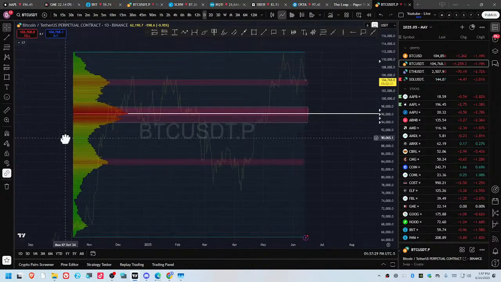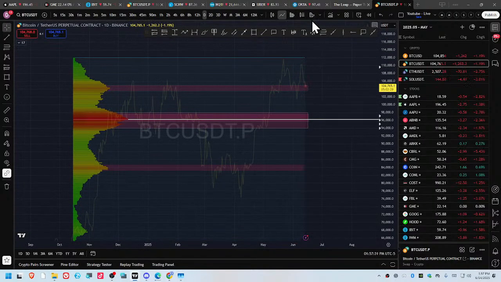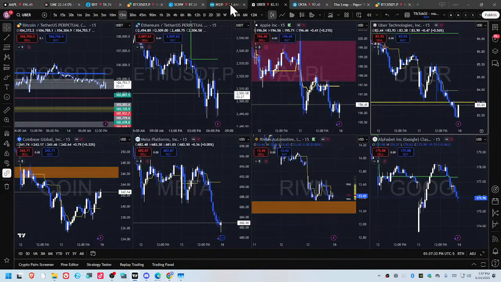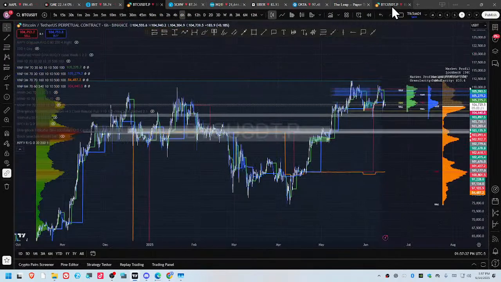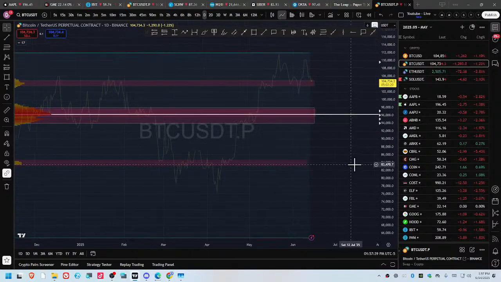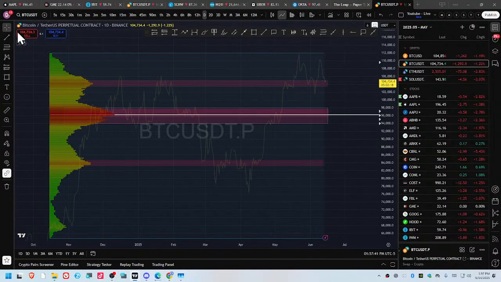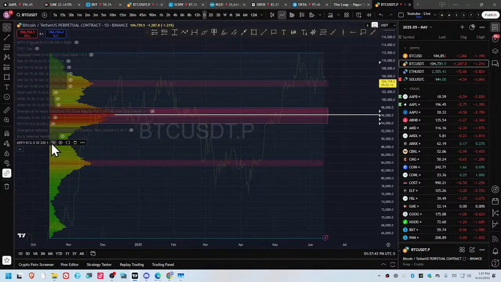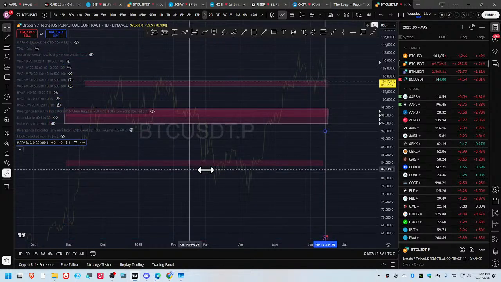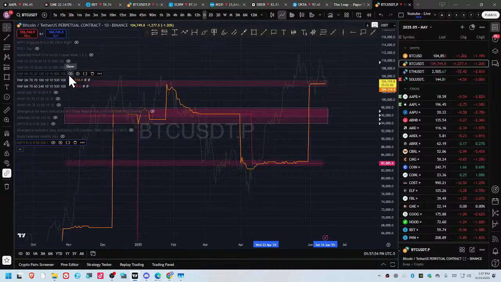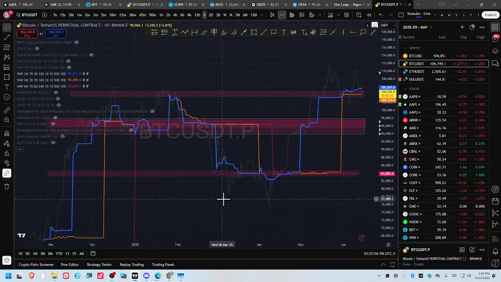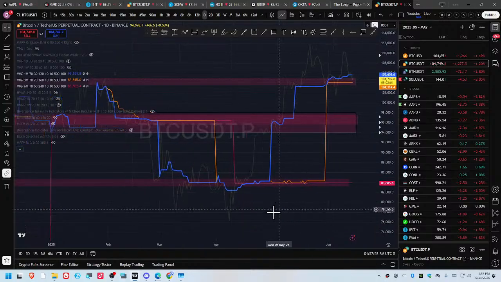So then if we go back to the candlestick charts, where did I go? Here we go. If we go back and disable this for now, we're gonna use it later, so I'll leave it like there. Hide it. But if we turn on the 6 months, 3 months, and monthly points of control, you can see